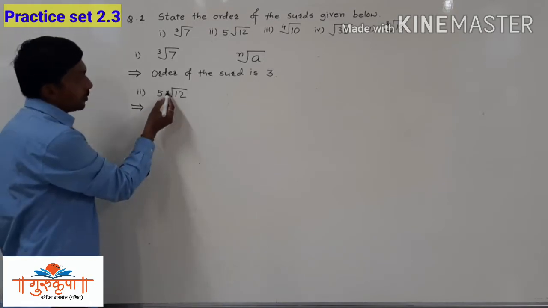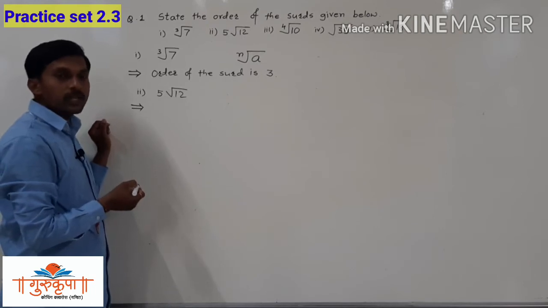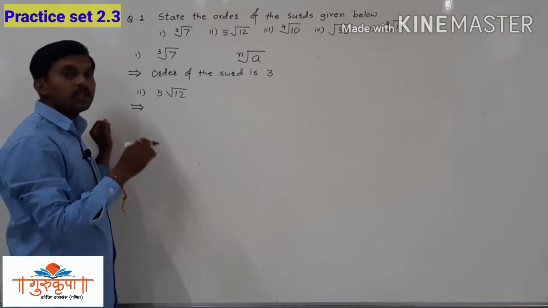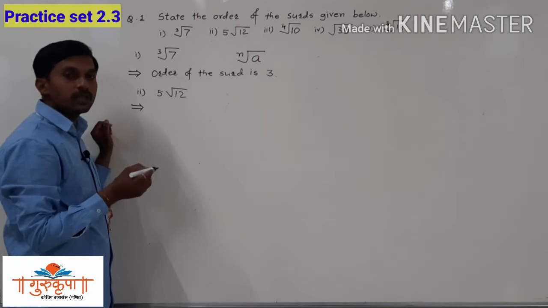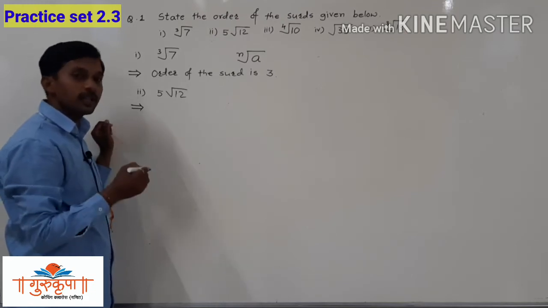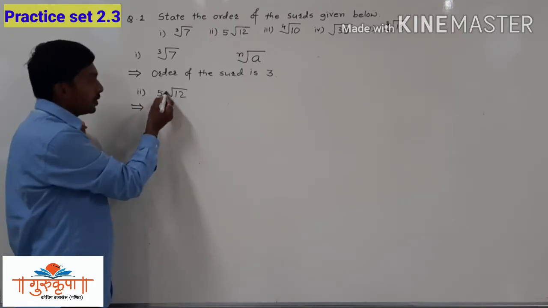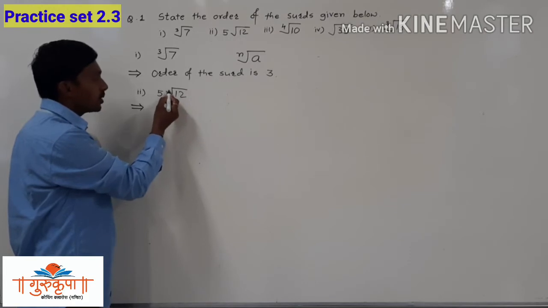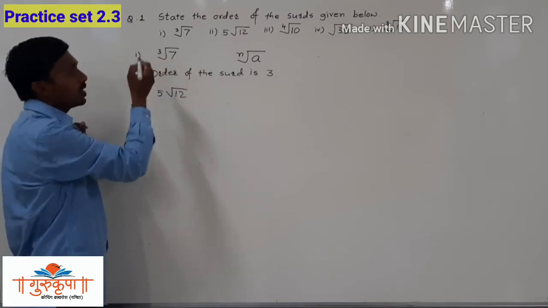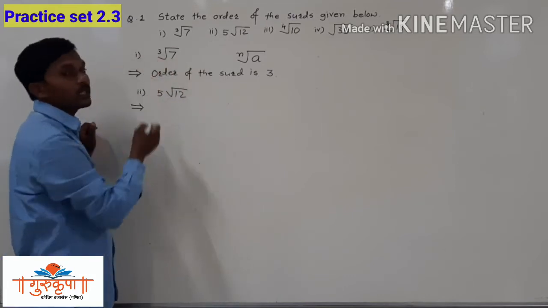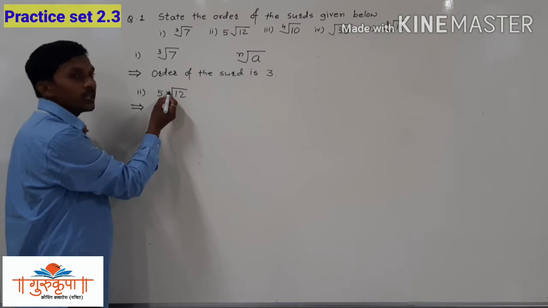And here nothing is given, it means that we have 2 there, that is very important. Otherwise, most of the time when nothing is there we consider that 1 is there, for example when there is nothing in the denominator we take 1. But here we know that this is the sign of square root. Now if we have 3 there, it is cube root. If we have 4 there, then it is 4th root. If we have 5 here, then it is 5th root. Nothing here means we have 2 there.